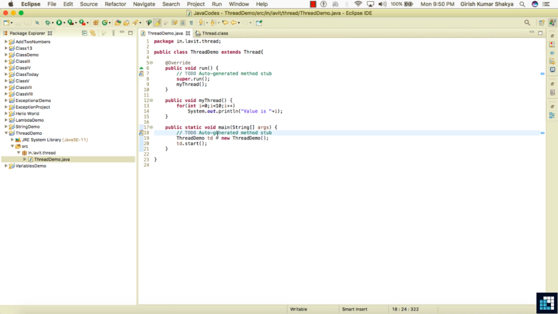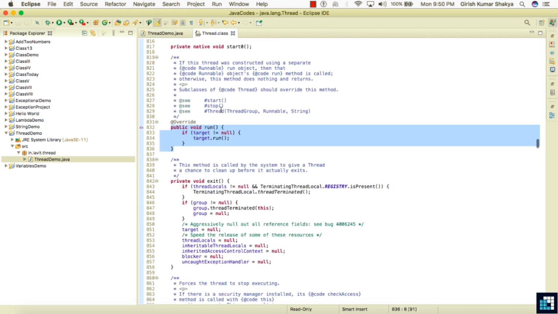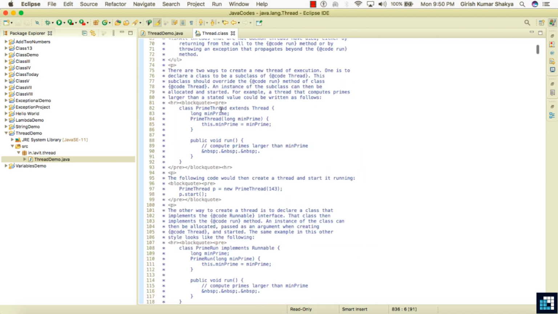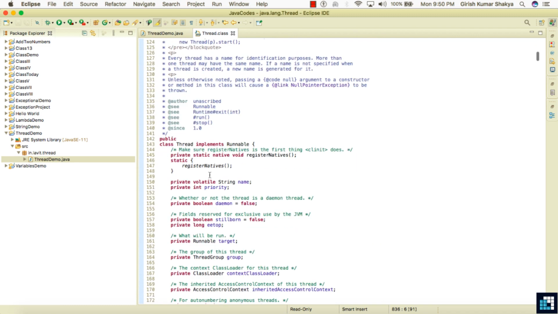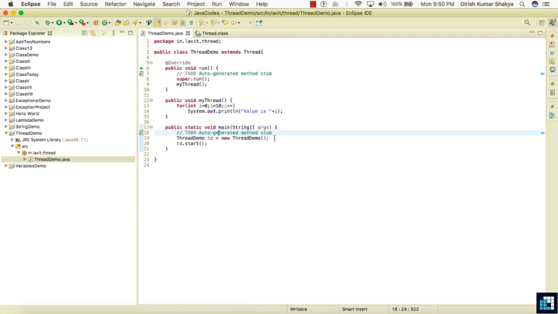Just try to remember: you can extend the class Thread, and you can create an object of Thread. How? If you look at the definition of the Thread class, it is a public class, so you can directly create an object of Thread without creating an object of ThreadDemo.